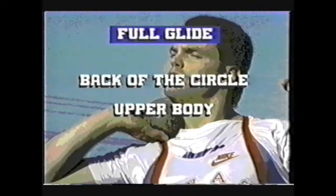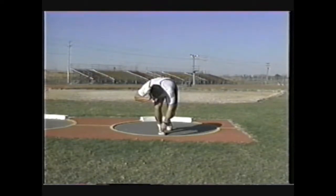Upper body. In the upper body, the shoulders should be square to the back of the circle. The left arm remains very relaxed. The shot should remain positioned outside the right knee or kept as far back as the athlete and coach feel